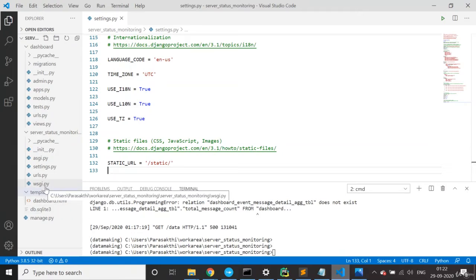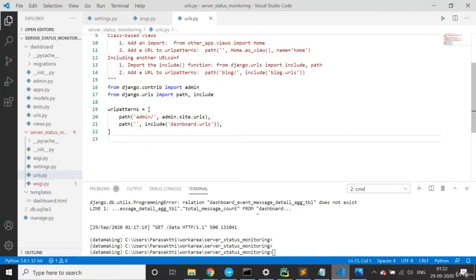And then this is for URLs. Basically, we are going to build a web application, right? So with the URL only, it can navigate to the different pages. You need to define the URL patterns, and which views you need to navigate to. So URLs internally navigate to the views, which will render the pages. That's how it will work. So this is with respect to the admin URL. This is the dashboard URL which you need to specify here.